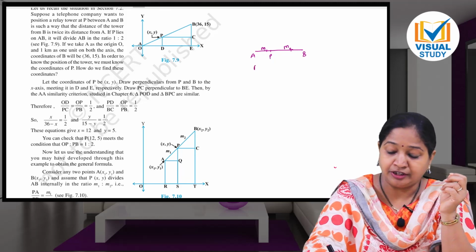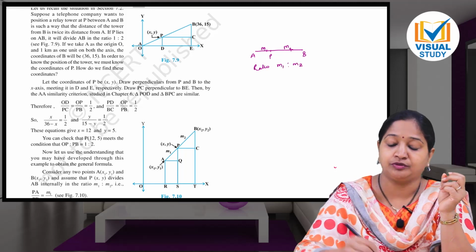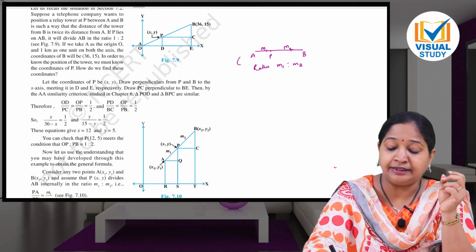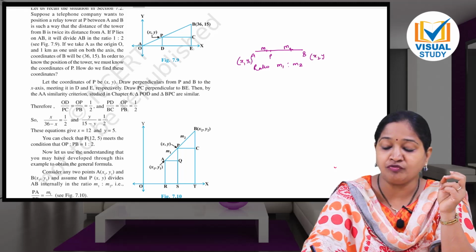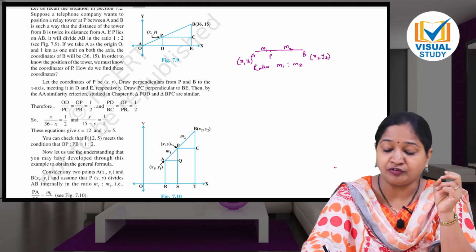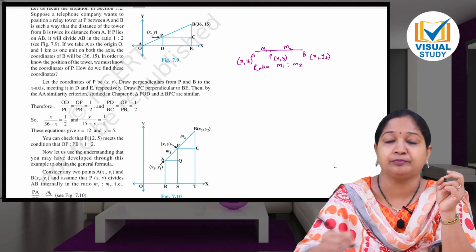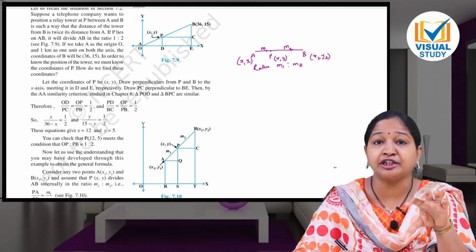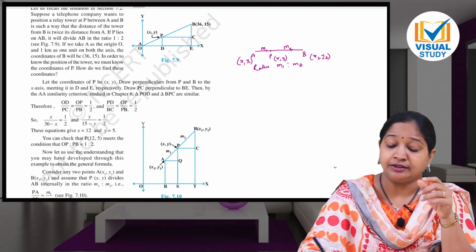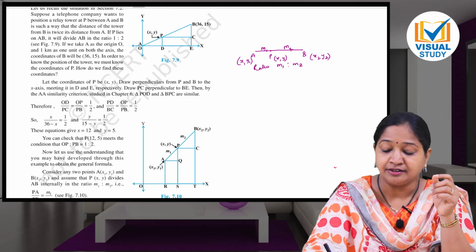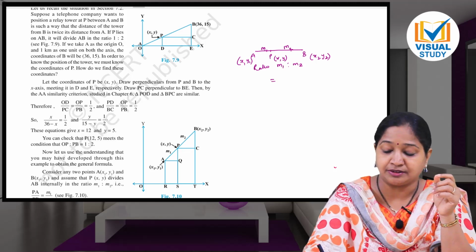So now the ratio is M1 is to M2. Let A be (x1, y1) and B be (x2, y2). Then what will be your P? That is (x, y), and it is divided in the ratio M1 and M2. If it is internally divided, then your section formula